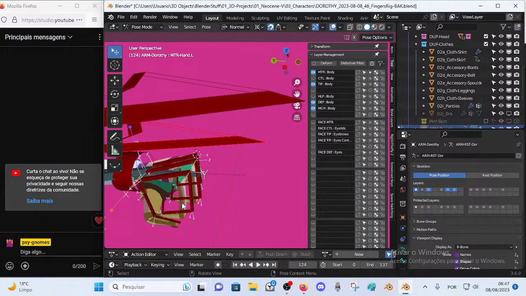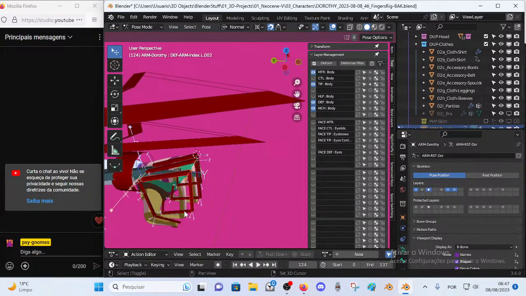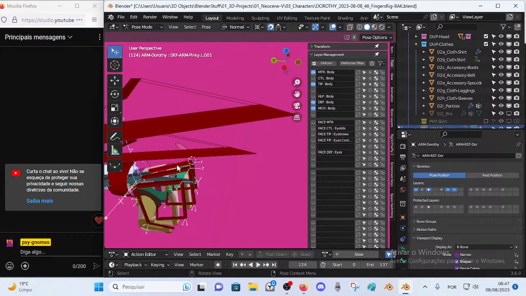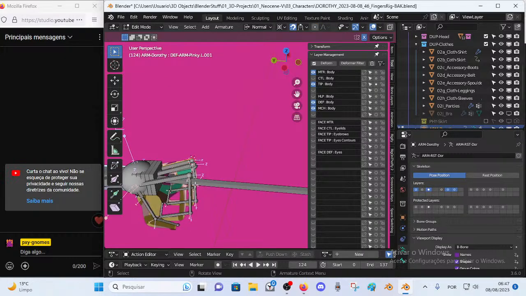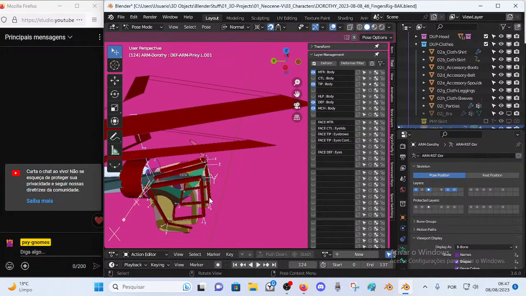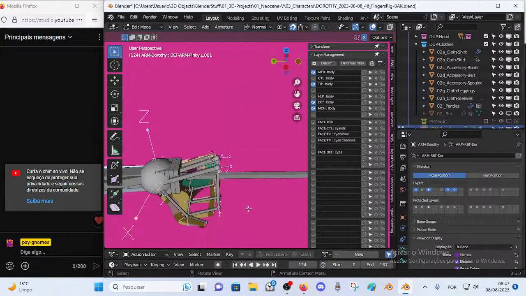These bones will be bone constrained to the mechanism chains, all these 4 finger bones, even this one on the dorsal of the hand, and they will be sort of controller bones. They're not exactly mechanism bones, they will be control bones for the auto IK,